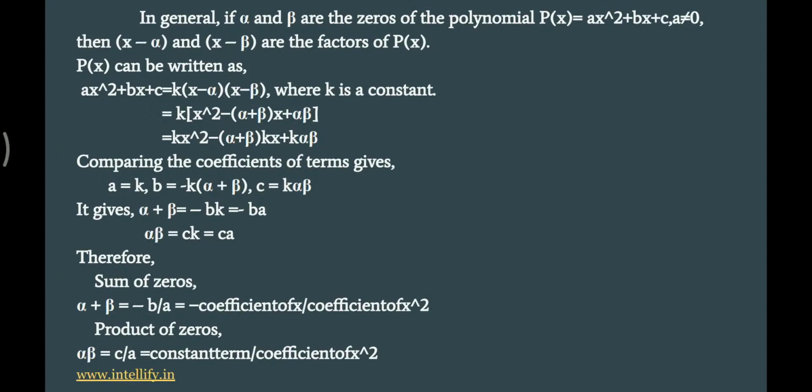in general those are alpha, beta, gamma if it is a cubic equation, and gamma and delta will be formed if it is a higher polynomial, but here we can see only quadratic, so alpha and beta will be the roots, and x minus alpha into x minus beta is the equation of that polynomial. And x square: k into x minus alpha into x minus beta, k into, here we have to substitute the equation x square minus alpha plus beta into x plus alpha beta.